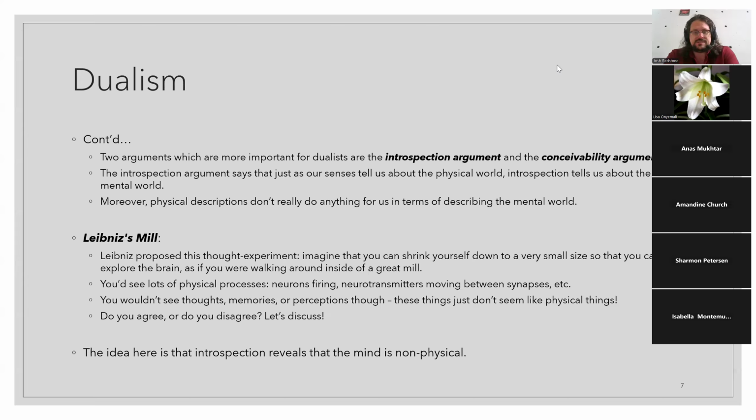Let's see. So Hyla says, kind of a question, but is mind different from the brain? Well, the dualists would certainly say so. Yes, they would. Substance dualists definitely would. Descartes would say that the brain is extended substance, res extensa, but the mind is thinking substance, res cogitans. And they're two different things. A property dualist would say the mind is the mental properties that supervene on the physical properties of brains, perhaps, right? So yeah, that's a good question.